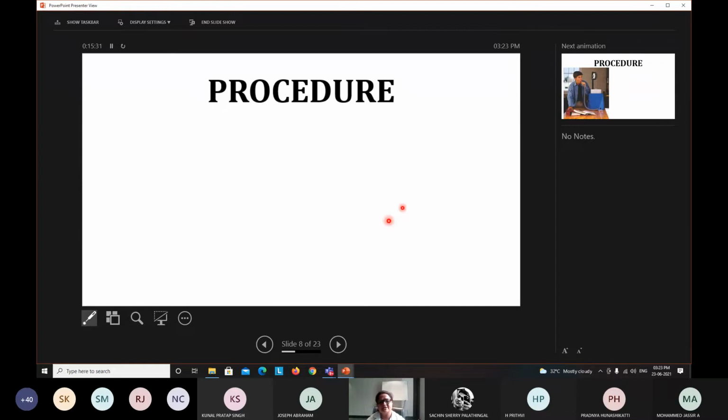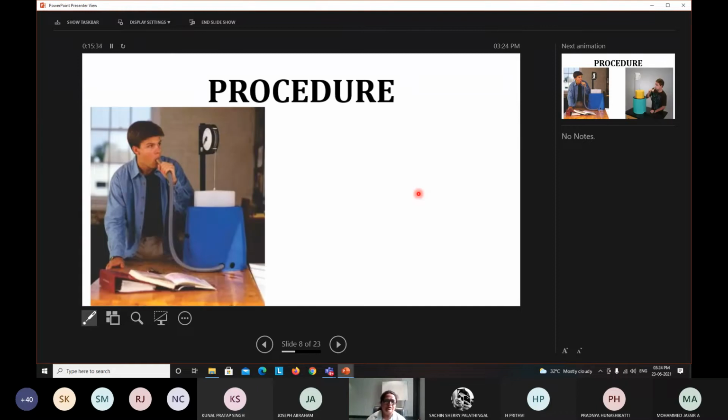Before performing the experiment, the person needs to be explained thoroughly what exactly you are going to do. You have to explain a little bit and demonstrate how he should perform. He should practice it before actually taking the readings, because if you do it only once, the reading may be wrong because of technical aspects, as he may not be performing properly. So you will have to explain to the person thoroughly how it should be done.